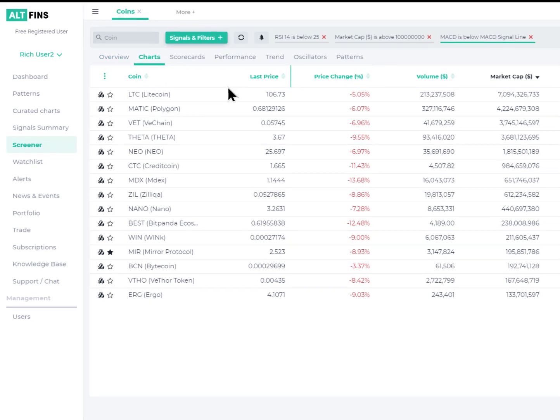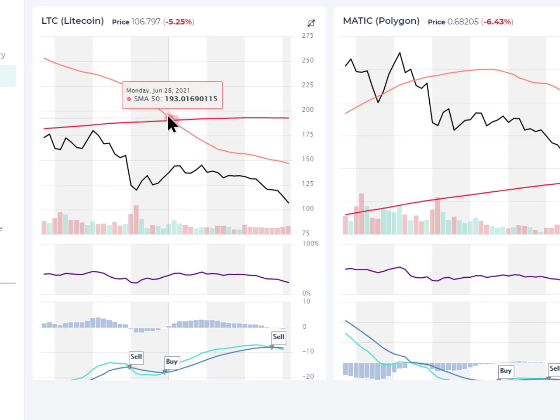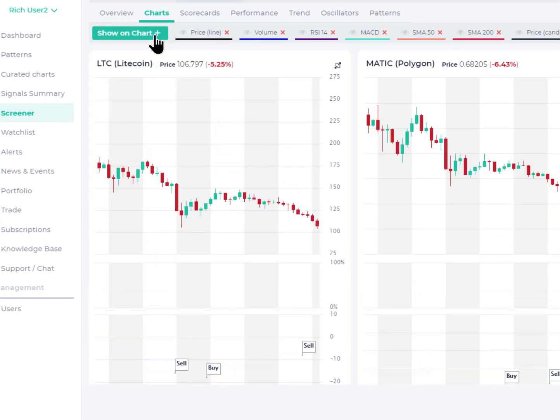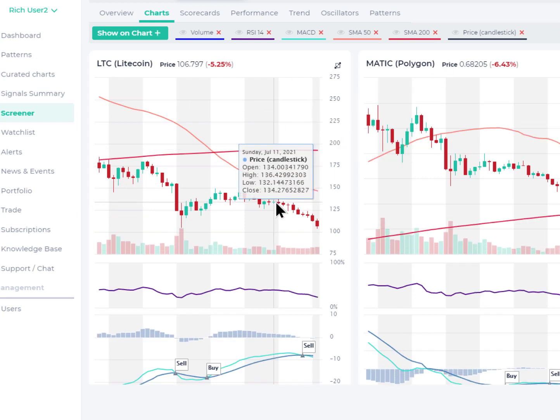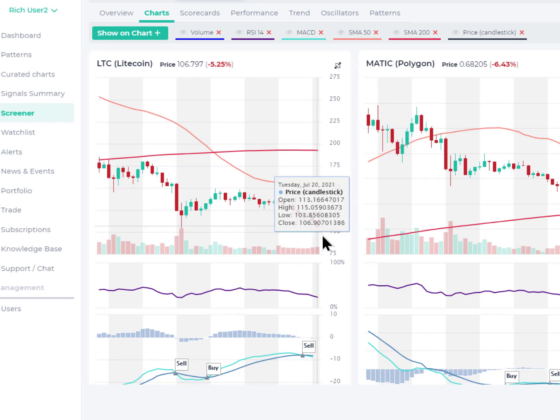First one is Litecoin, right? And we have a 200-day moving average and a 50-day moving average. So this here is a death cross, and most of these coins at this point will have a death cross, which is an indication of a severe downtrend or a clear downtrend. I'm going to also change the candlesticks from the line chart. And we can see now with Litecoin, we've had 1, 2, 3, 4, 5, 6, 7, 8, 9 consecutive down days. And we are getting close to that $100 level, which if we go back